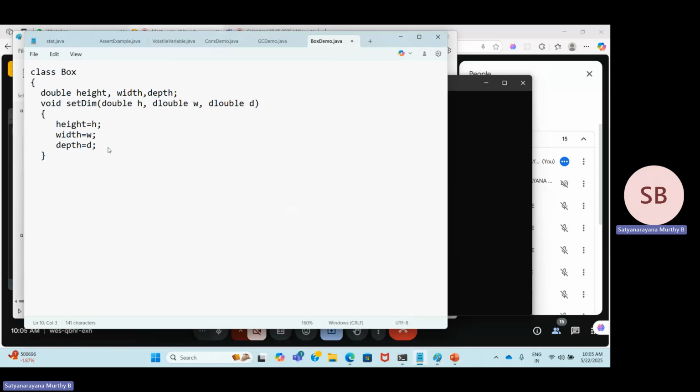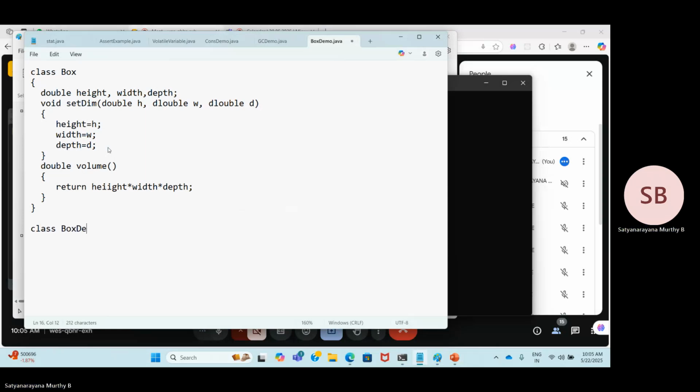So then calculate volume. So this is going to return height star, width star, and depth. So this is one